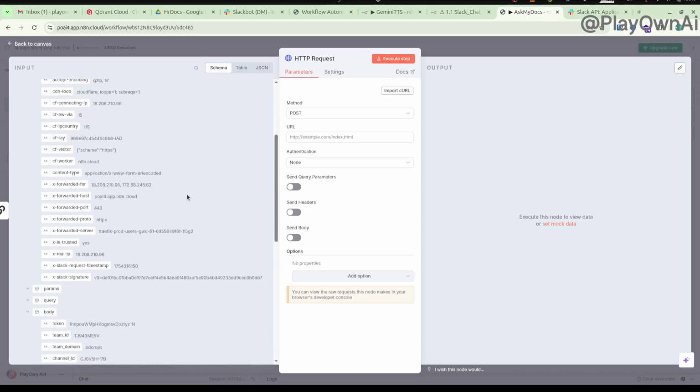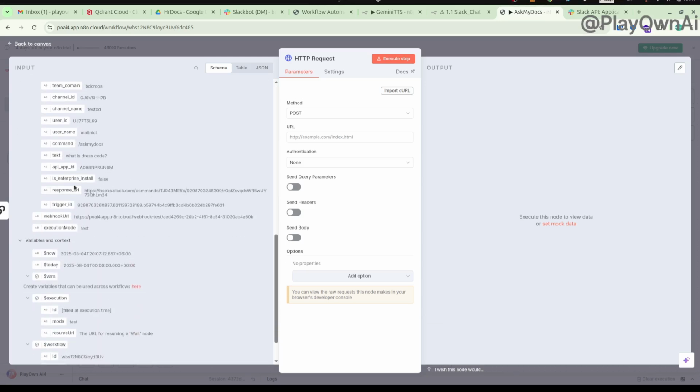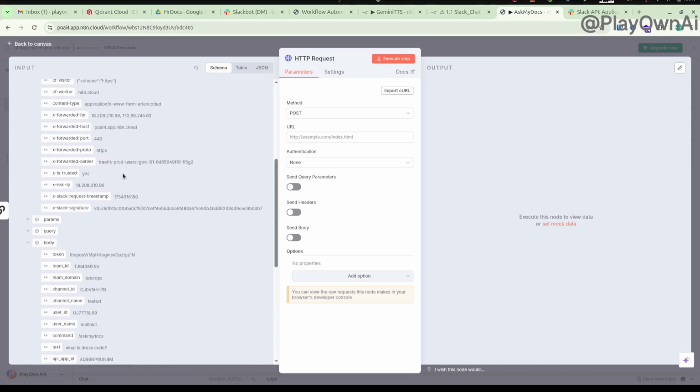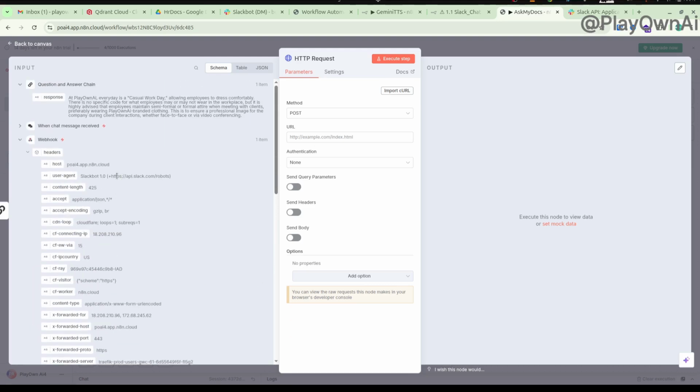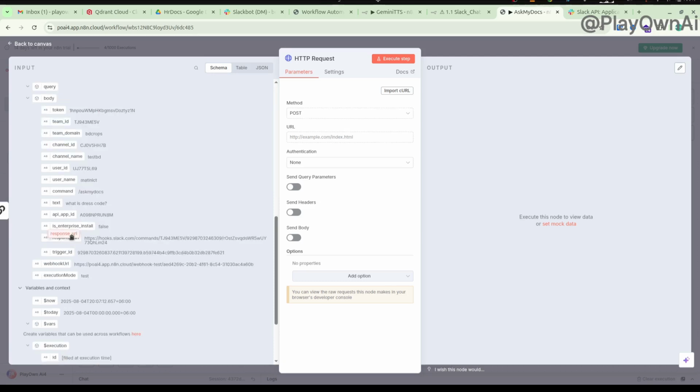Now, to send this response back to the user in Slack, we need to add an HTTP request node. This node will make an API call to the response URL that Slack provided in the original webhook payload. This URL is a one-time use address for sending a reply to the user. Let's configure its parameters. Parameters, settings. Method, post. The response URL requires a post request, so we must set the method accordingly. Next, for the URL itself, we'll use another expression to dynamically pull the response URL from the initial webhook. URL